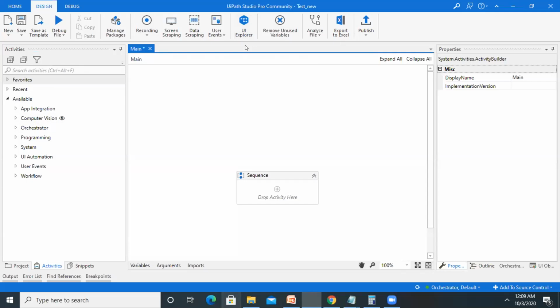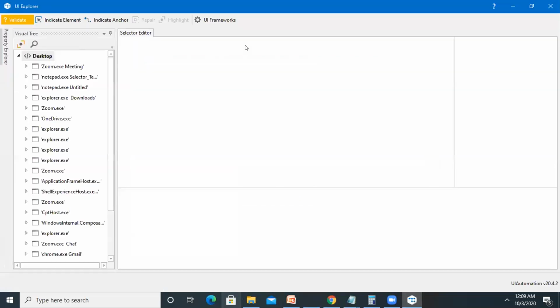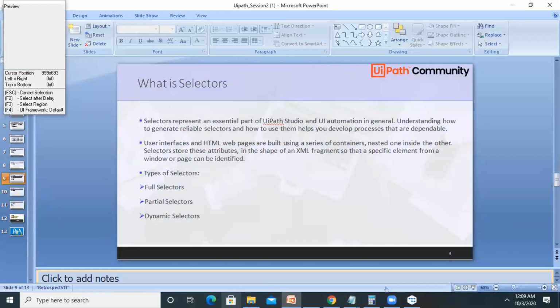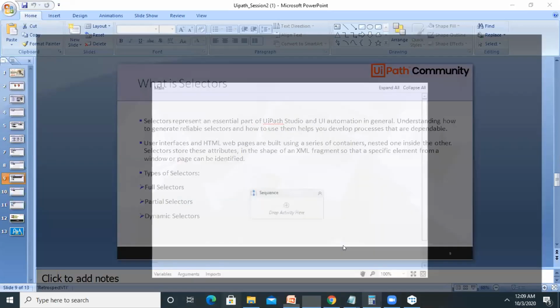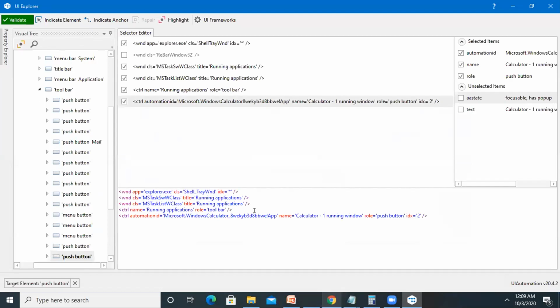This will show us a tree view representation, their properties, as well as the CSS components which are generated. As you can see here, this is our tree view representation. When we want to indicate our screen or our element, we just have to click on or select any of these applications. It will generate some CSS code.